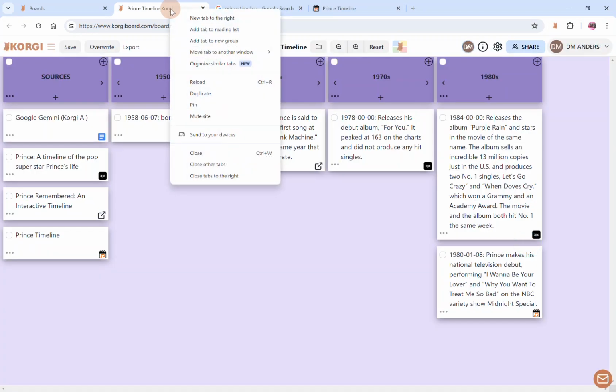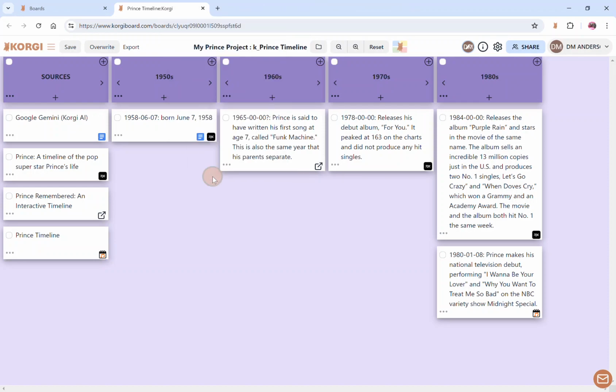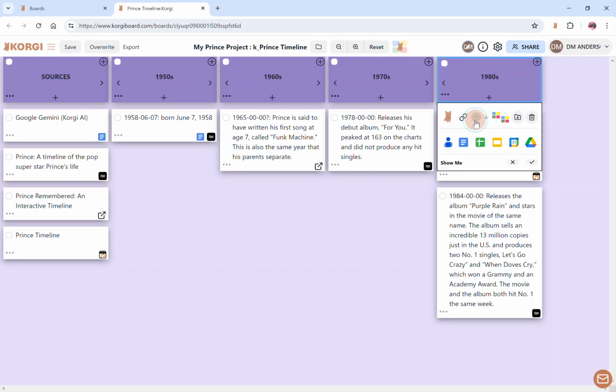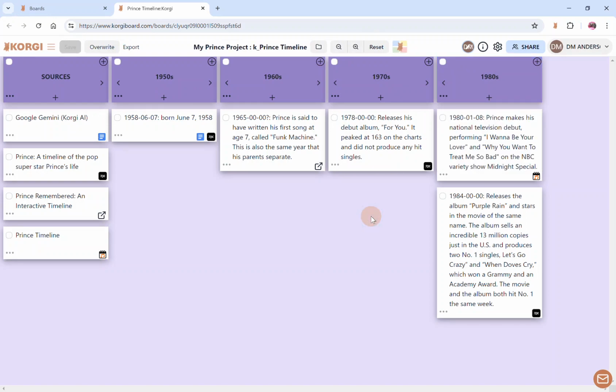First thing is, I can right click and close those tabs to the right, because I can get back to any of those using the links on the board. Second, you're seeing how I'm building out this timeline, and even though things aren't in order, because I'm just grabbing them as I find them, because of my little hat with the timestamp, I can sort when I'm done with each one of these decades, and I have a beautifully organized board.